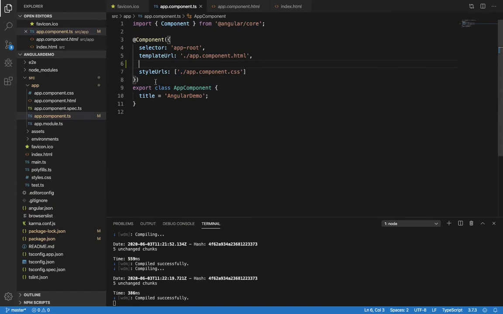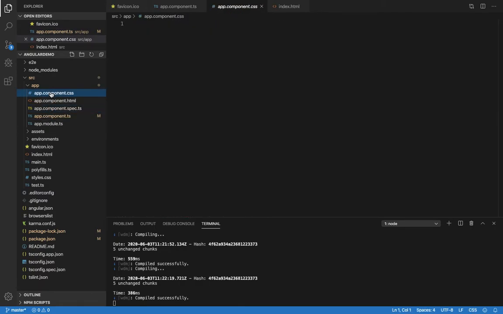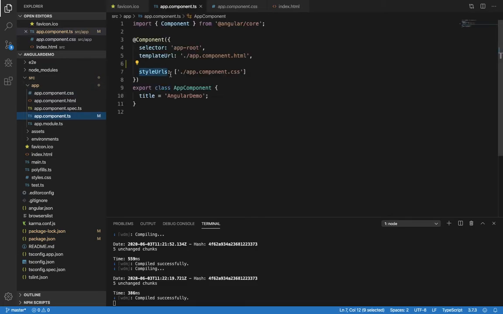Okay, apart from that, what is styleUrls? It is the reference of the style sheet, which is the file here. As you can see, the name of the file is app.component.css, and the reference of this file is in the styleUrls, right?